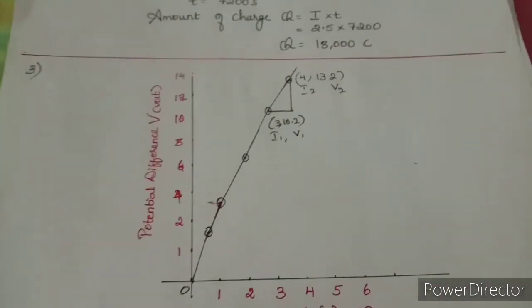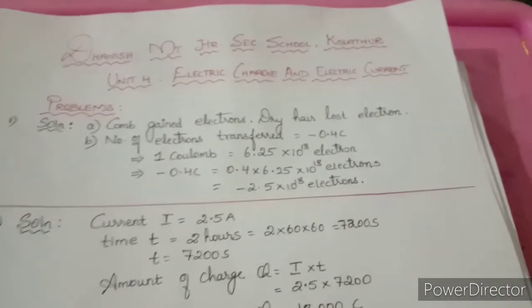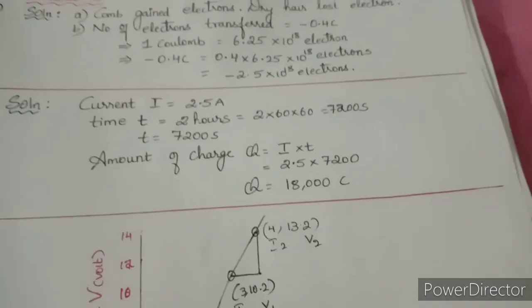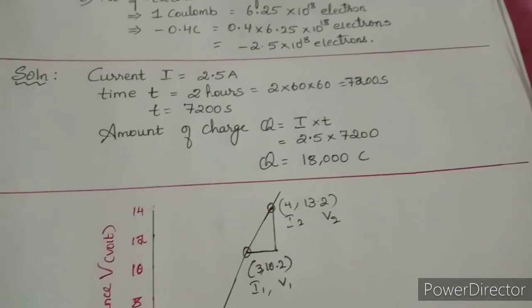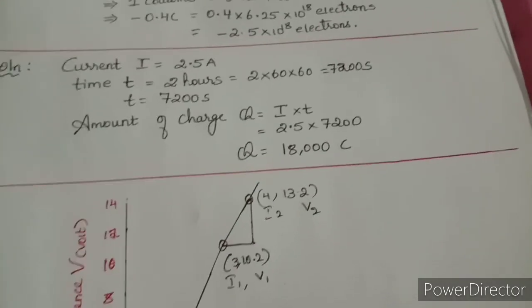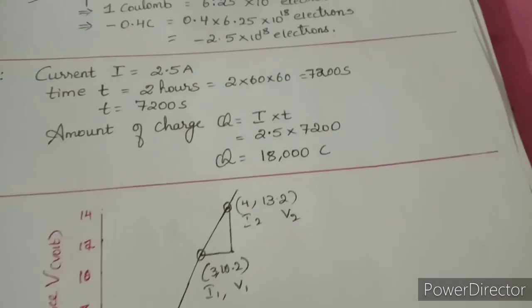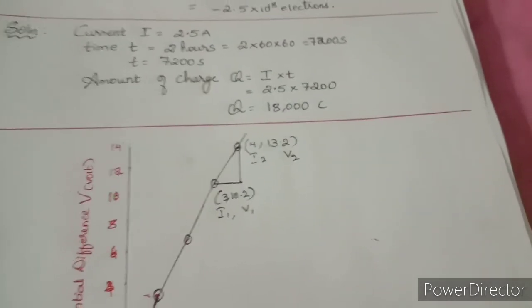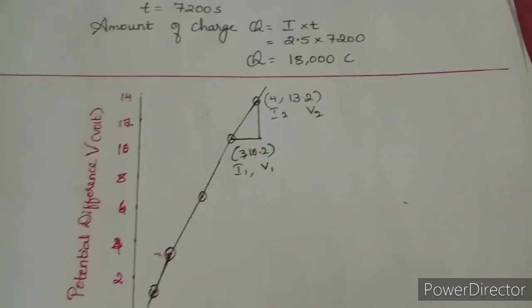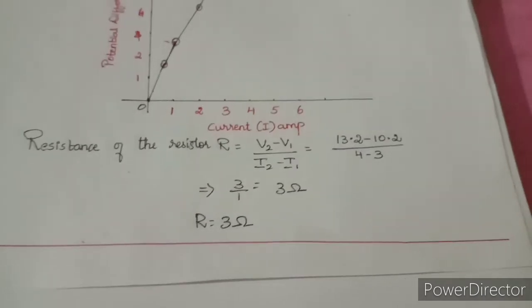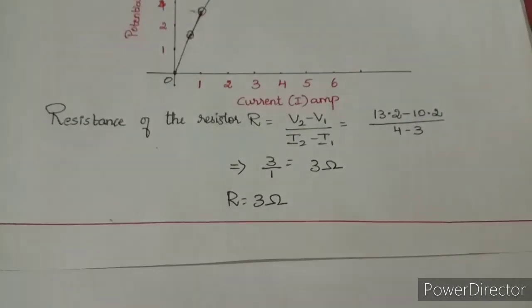If you have any doubt, you can ask me in the next session. So these are the 3 problems given at the back of the book. The rest of the problems are inside the book, which you can go through. I have seen them, and they are straight questions. You are going to substitute the values in the formulas and you can easily get the answer. So you can work them out, go through the book, and if you have any doubt, you can ask me in the next session. Very easy, 3 problems given at the back of the book.